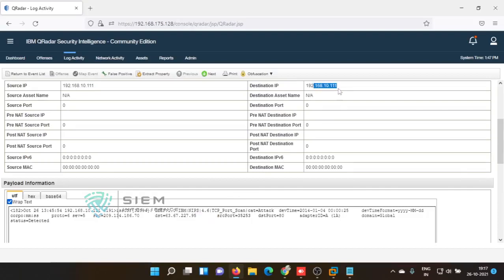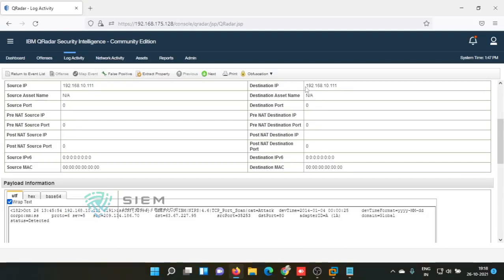So these are misbehaved. Its destination port is also 0, but here the destination port is 80. The source port is something else. Here it is not picking the source port properly. So some of the things are not picking properly. So we need to create our own DSM, but instead of the source IP and destination IP, here the identifier is picking up your source IP and destination IP.